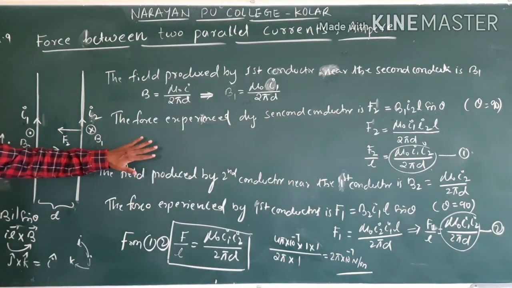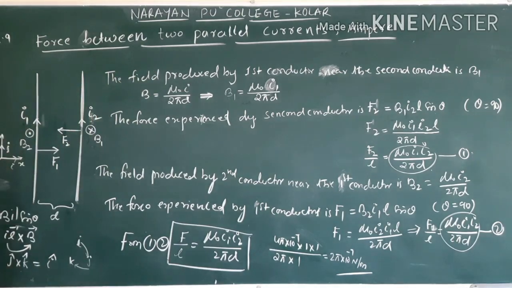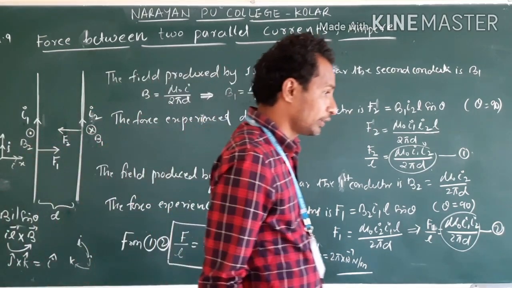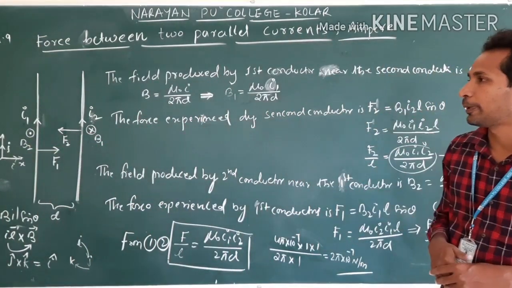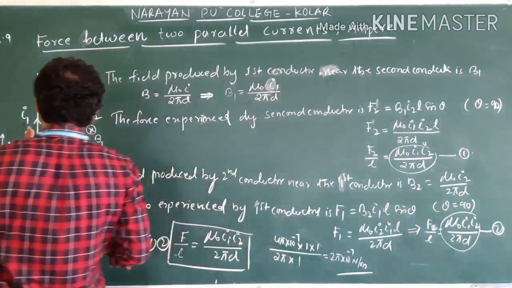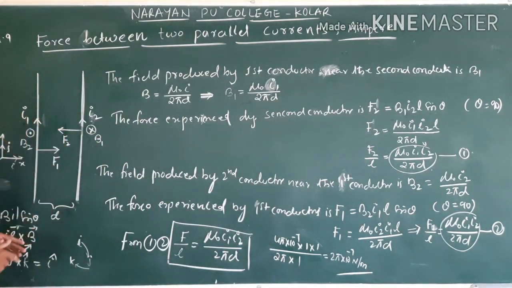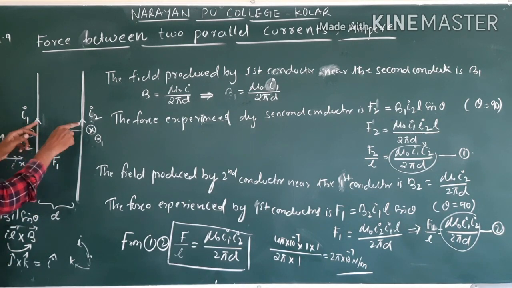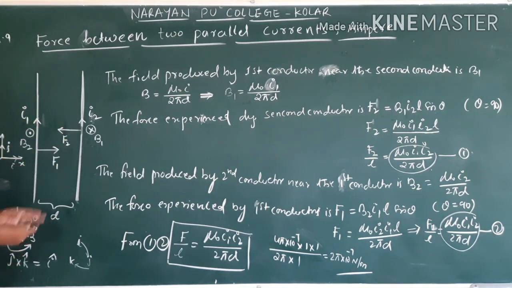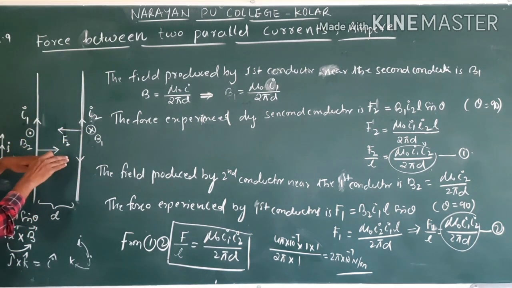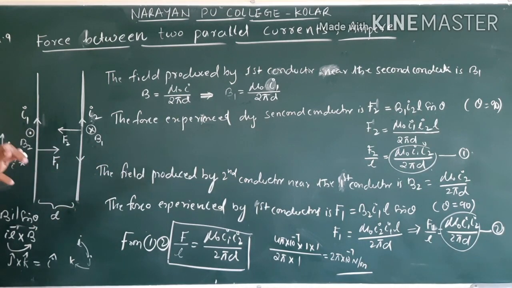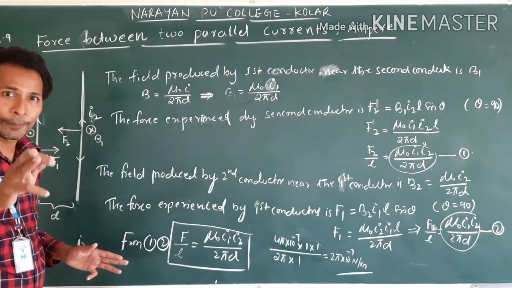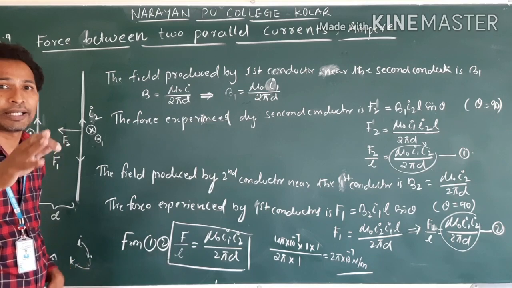Practice is very important for 5 marks with the definition. And one more important point, we do expect an important question here. If the currents are in the same direction, conductors attract each other. The two forces act towards each other, which means they attract. If the current in one of the conductors is in the opposite direction, they repel.